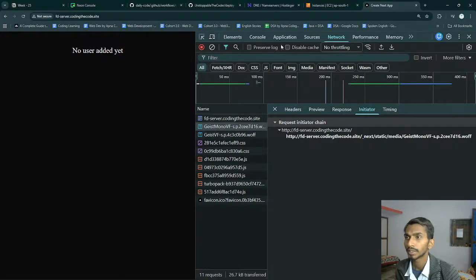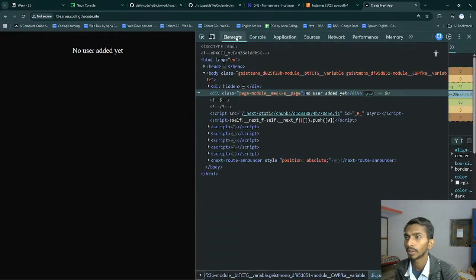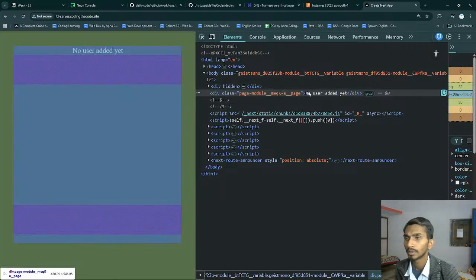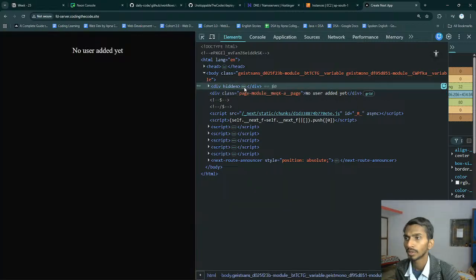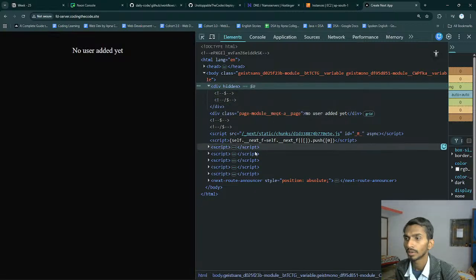What exactly am I getting at the end of the day? Console elements, actually, if I just refresh it, this thing I'm getting, ultimately this page and the script.